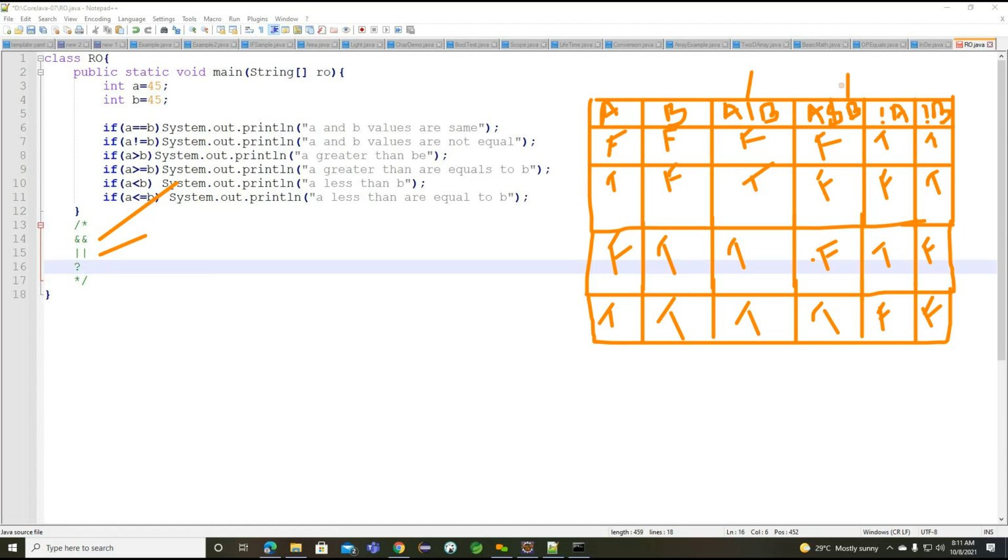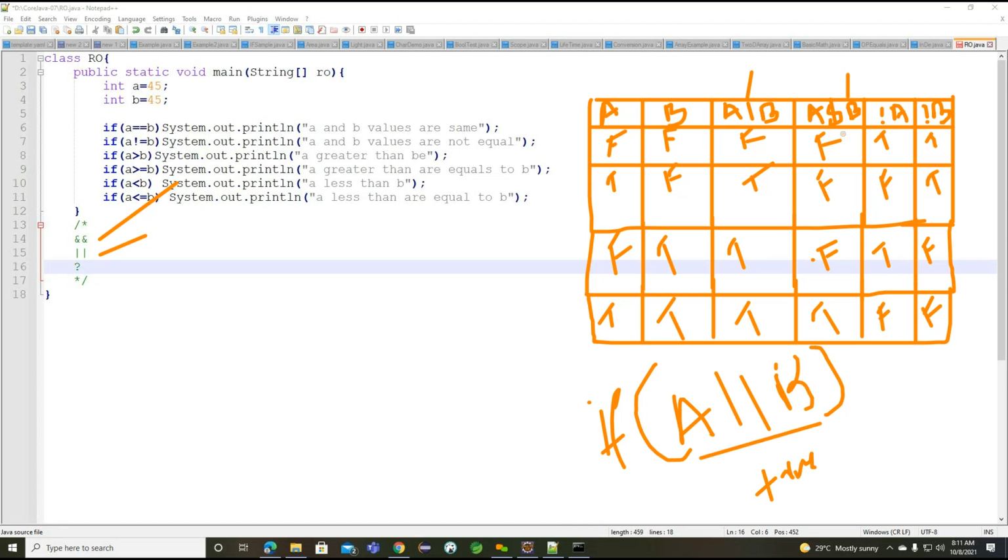Okay. And observe the second one, A value true and B value false. Basically, when we are trying to write a condition here, the simple example I want to write is the if condition. I write the A value, then make the OR condition, and write the B value. Now A value true, B value false. The A or B condition is returning true here. And when we use the AND condition, it returns false. So why does the A and B condition return false?